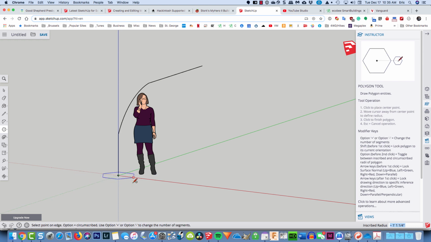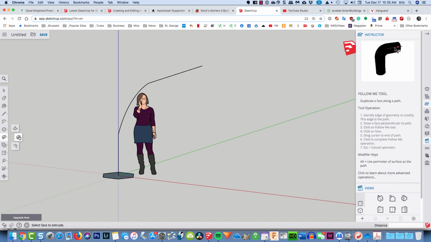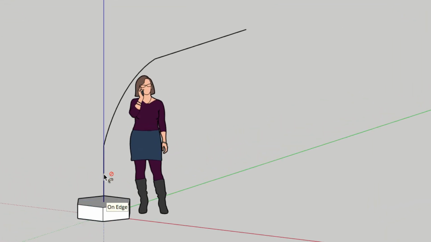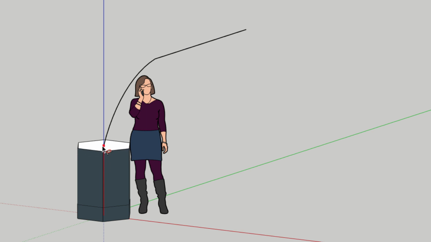So I'll just go ahead and make a hexagon and click on it, and now come into the Follow Me tool, which is right here, and the first thing it asks me to do is select the face to extrude. So I'll click this face here, and then I drag the face. Whoop, I accidentally stopped short and clicked, but that's okay because I can do it again and continue to follow